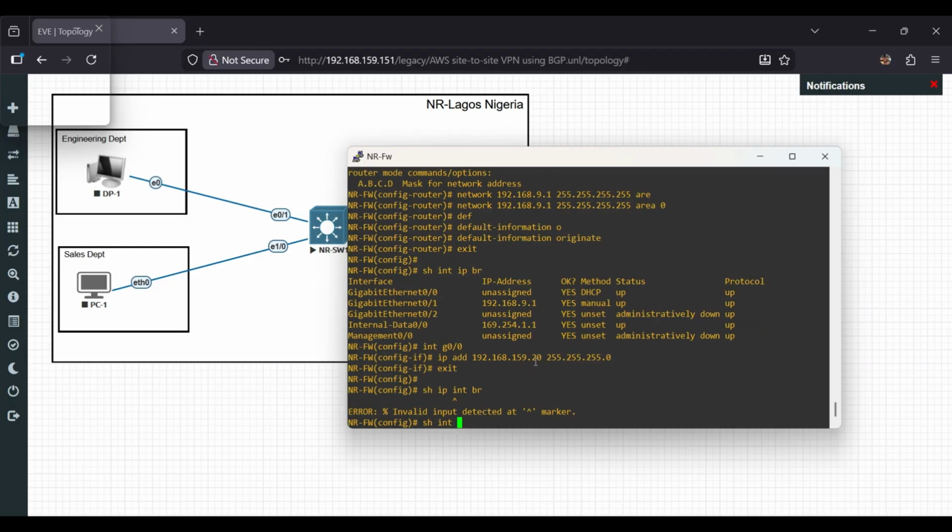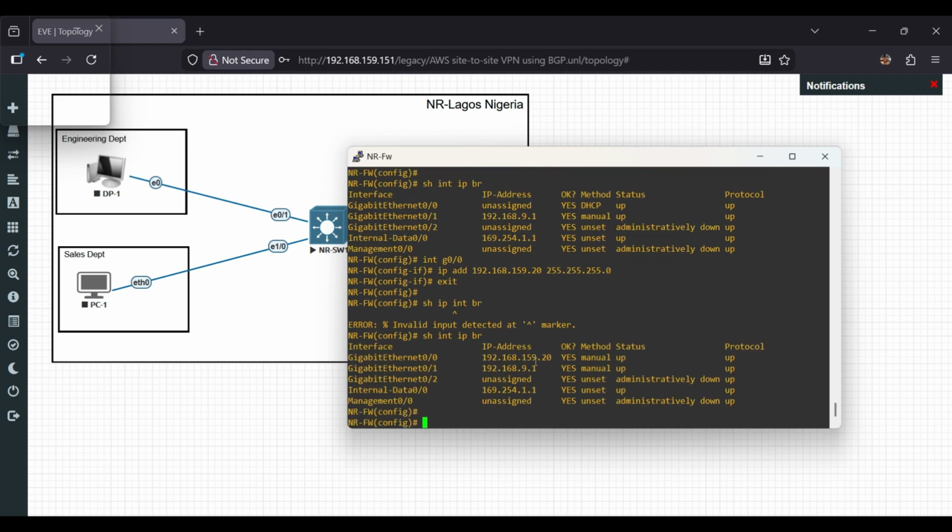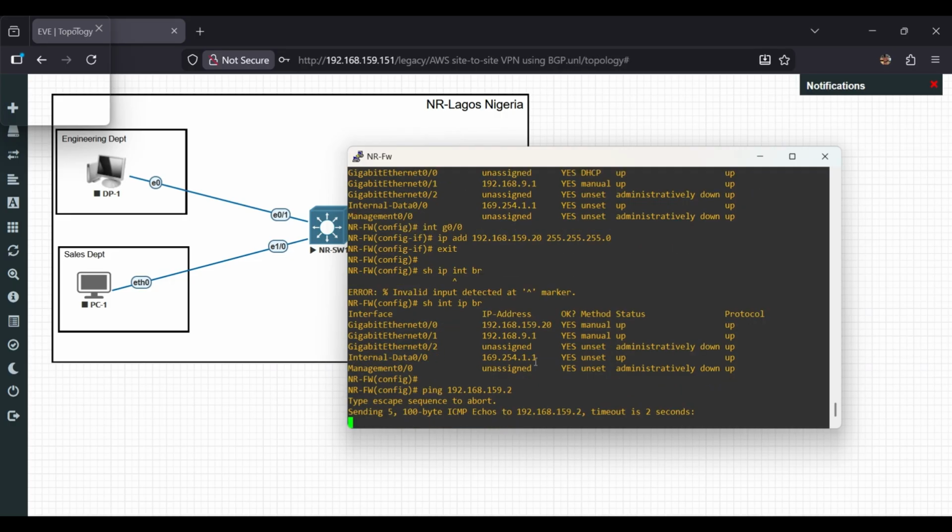Show interface ip brief. Good. So now let me see if I can ping 159.1, 159.2.